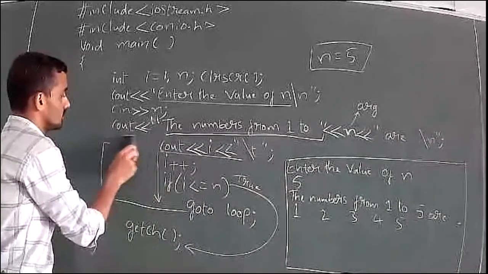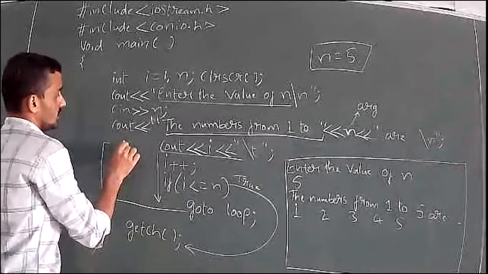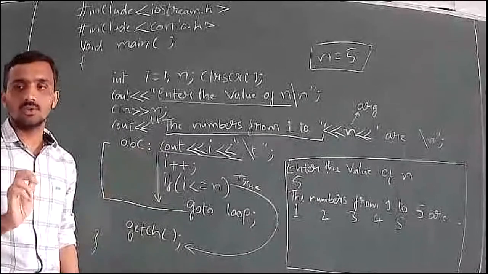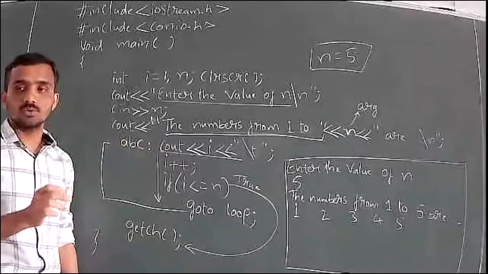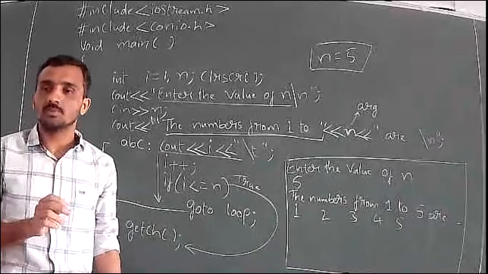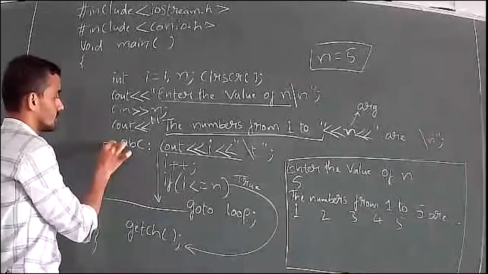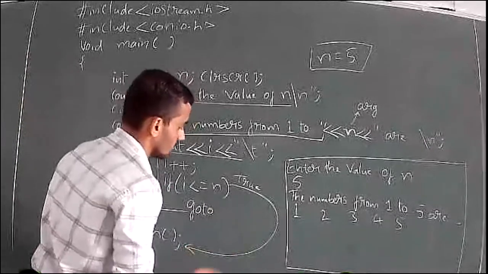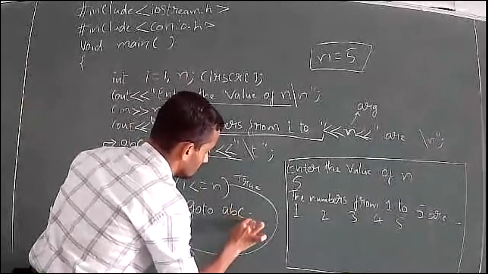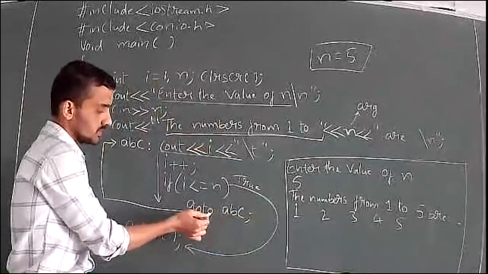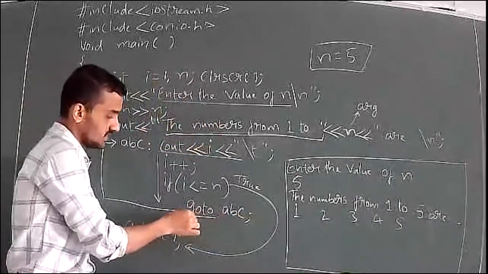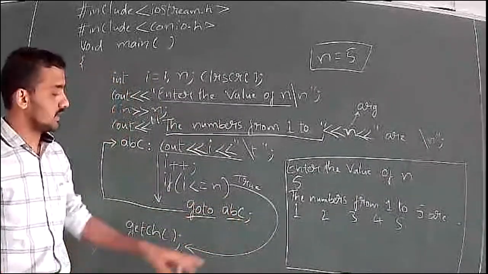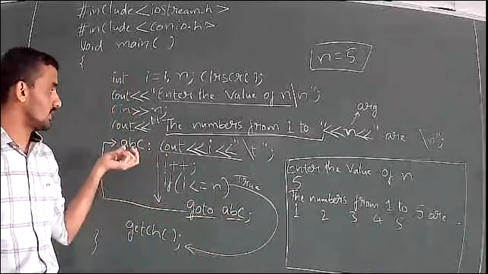If you want to use a different identifier, for example ABC, the only thing is it should follow identifier rules. The starting character should not be a digit, it should not be a keyword, there should be no blank space, and no symbol should be used. If you are using ABC, change it here also to ABC: goto ABC. Leave at least one space between the word goto and ABC, because goto is the keyword and ABC is an identifier. So we go to the statement where this label is.